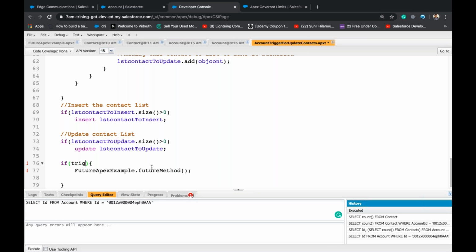If trigger dot is update and trigger dot is after, then I'll write for account ACC REC in trigger dot new.